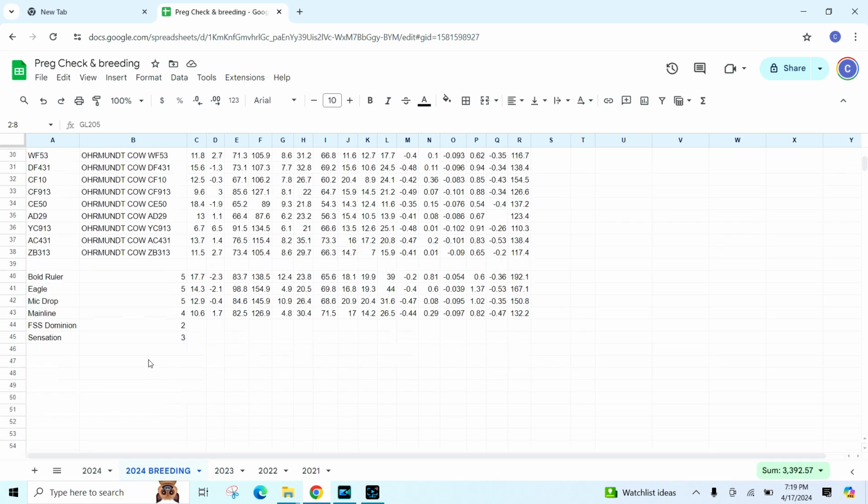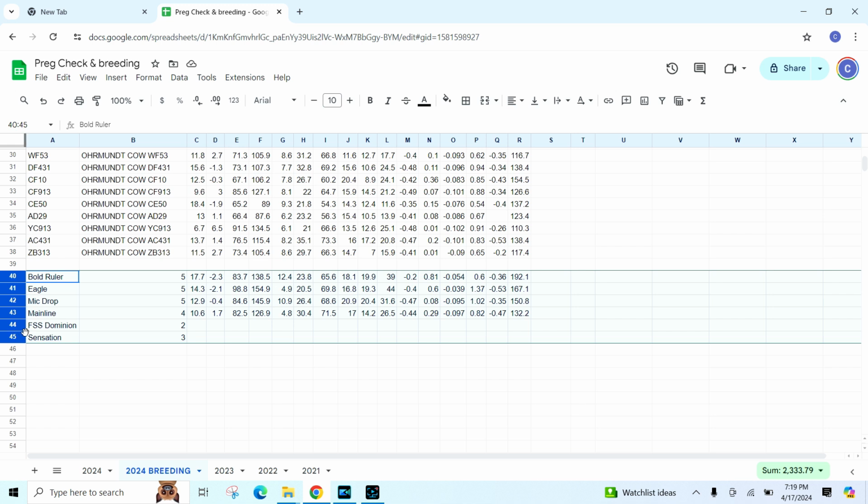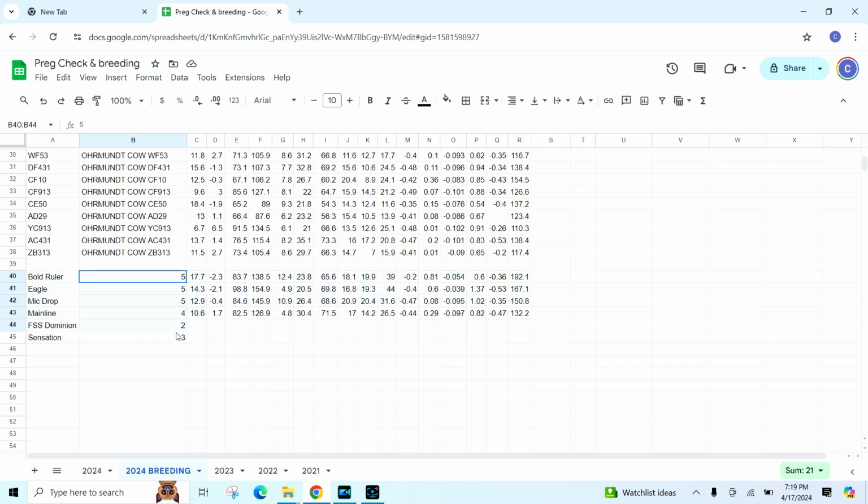So going down the list. But then the other thing I will do is down here, I have some of the bulls that are already in the tank and their EPDs, and granted, their name is here. I don't really care what their tattoo is. And then this is actually how many we have in the tank currently. And then EPDs here. I didn't grab Dominion or Sensation's EPDs. I don't really need to